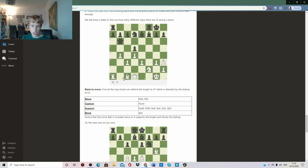There are a lot of supports, however. We can move this rook to here to support it. We can move this rook here to support it. We can move this bishop over here or over here. We can move the queen over here, or we can move the queen over here. So there's a lot of ways to support the knight. But if, for example, the knight was a rook being attacked...